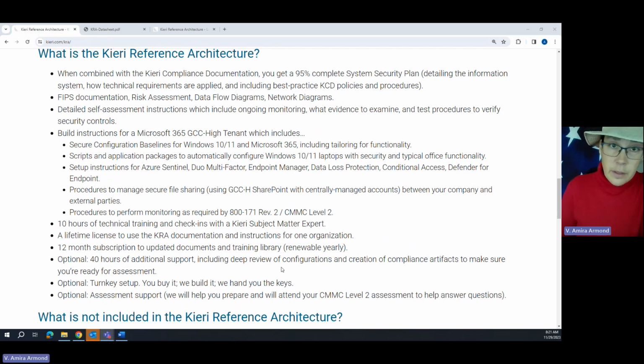what this environment supports, what it doesn't, areas where you will probably want to consult with an expert to expand it. For example, if you want to connect an on-premises network or a special application to this environment, you can, but you're going to need to work with an engineer who can help you do that, which is generally not us, but we can help you find a company that knows the KRA that can help you do it securely. So the data sheet,